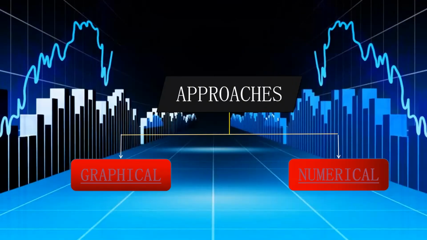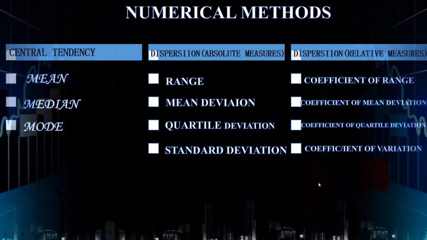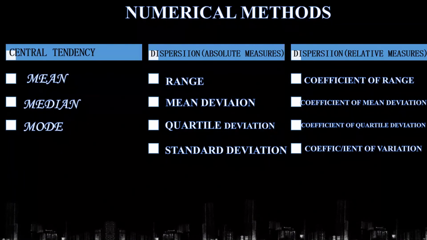Now let us see what is the numerical method of approach for descriptive statistics. In this we'll study 2 things. One is central tendency, which concentrates on a central point, and the other one is dispersion, which conveys the spread. First of all, what is central tendency? The main purpose for obtaining a measure of central tendency is to find a single value that will serve as the representative of the entire distribution of scores, which usually is the average of the scores, which could be the mean, median or mode sometimes.